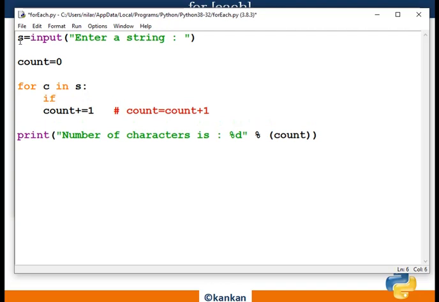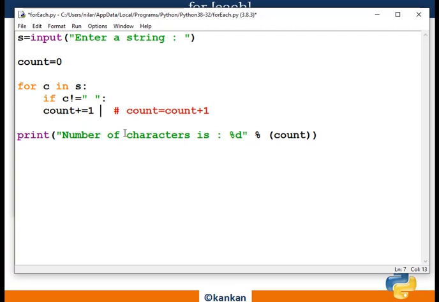So simply here I have to include a code such that it will not be white space. That is, if the character is not equal to the white space, then I will count it. Okay, then I will count it.